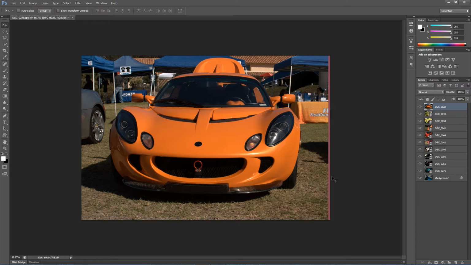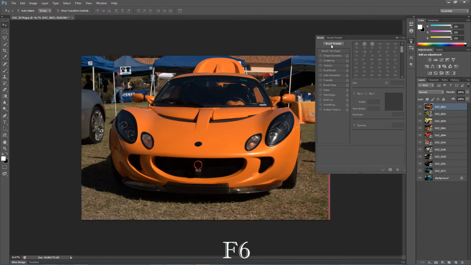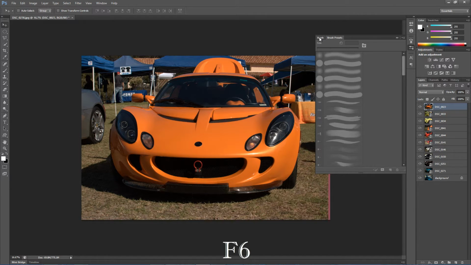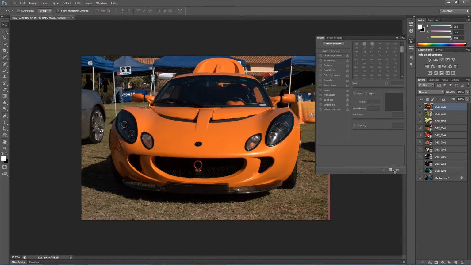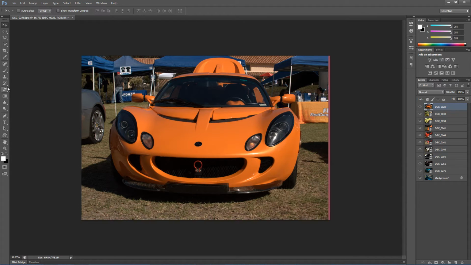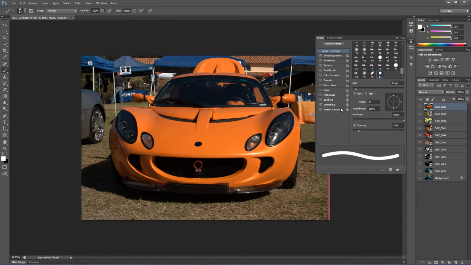So our first shortcut, starting from the F keys, there's only 4 of them that I found at least. Starting with F5, you have your brushes palette. So here you can see all your brush presets and whatnot. I don't know why I can't access mine; I was doing too much messing around and I kind of grayed all this out. But that would be what your brushes are. So instead of going over to the brush tool, you can just press F5